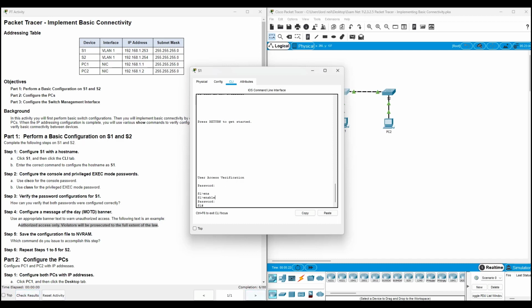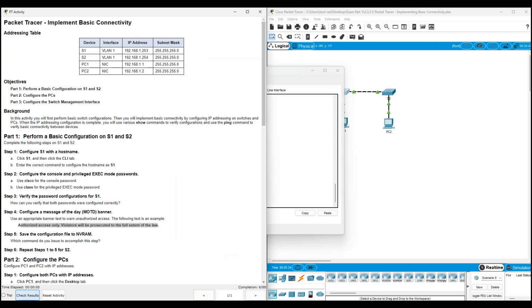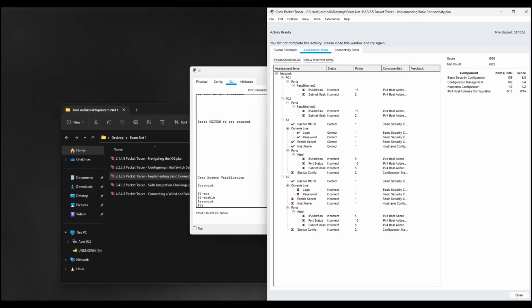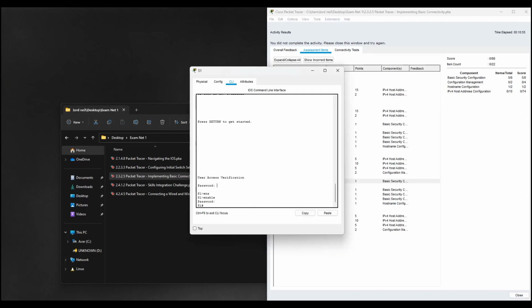When I open the PKA file, implement basic connectivity, it's already two points for completion. Let's try to view. So as you can see, it's already set up. So no need to set a banner again. If you are curious how to set a banner,